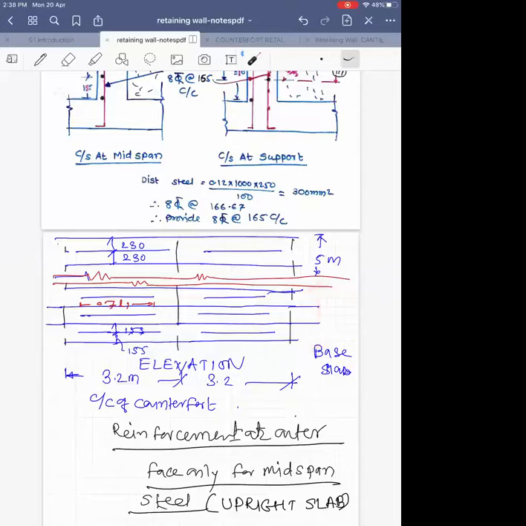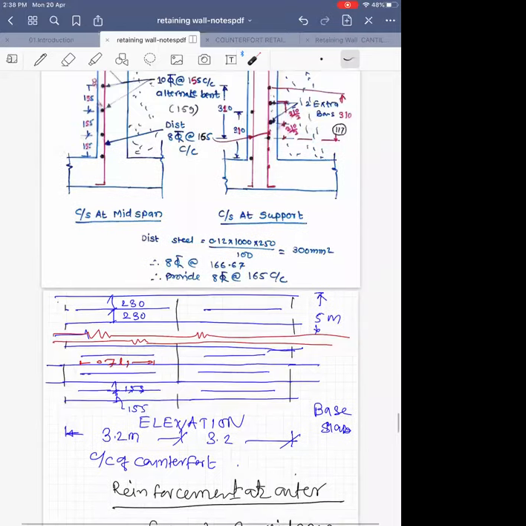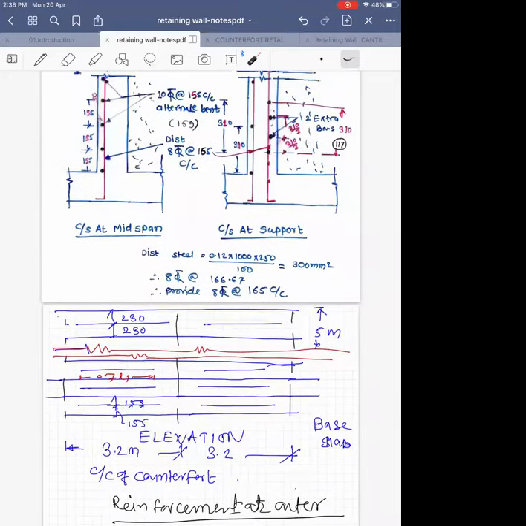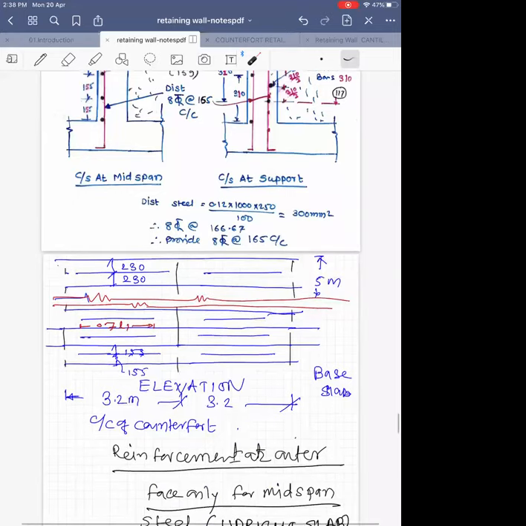We have already calculated the bending moment at 5 meter from the top, and the moment will be less. Why? Because the pressure there will be less, and that's why bending moment will be less. So there the spacing is larger, 10 mm diameter bar, 230 mm center to center. So similar pattern is used. One bar is straight and second bar is provided for 0.7 L distance, so that some economy can be achieved. So this is the reinforcement on outer face.